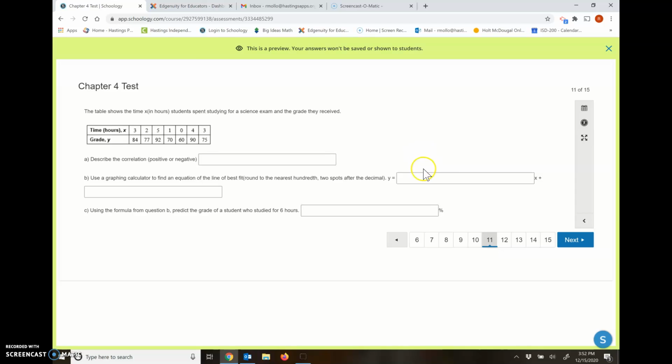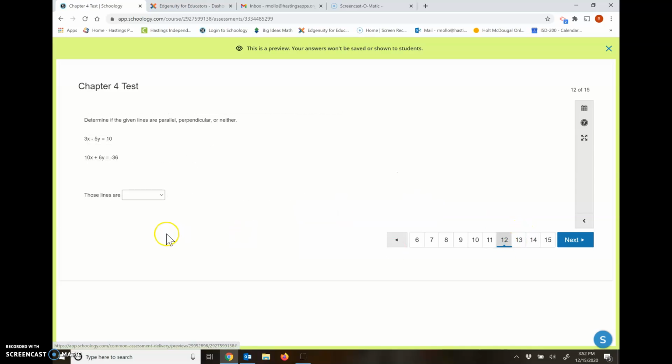Again, Schoology is only going to accept one answer here. So if you round it a different way, it's not going to be counted as correct. And then using the formula that you find in B, predict the grade for a student who studied 6 hours. Okay, and then going backwards to some stuff in section 4.2 and 4.3, determining if these two are parallel,